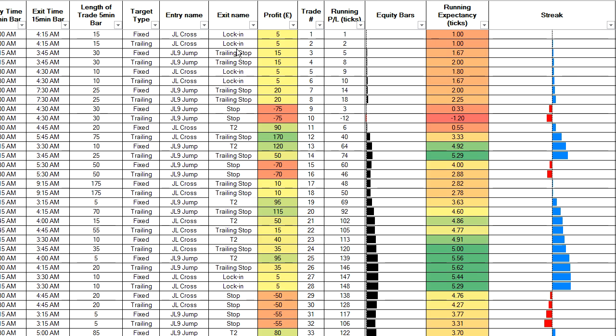Few lock-ins, trailing stops, didn't get anywhere, make any progress, and there was a loss here. And I'll just remind you quickly before I carry on that the streak column I think is a really useful column to add to your trade log, and that shows you where your drawdowns and your equity peaks are. So it's basically a peaks and troughs type column, and you